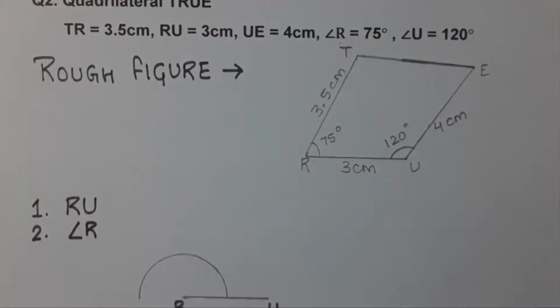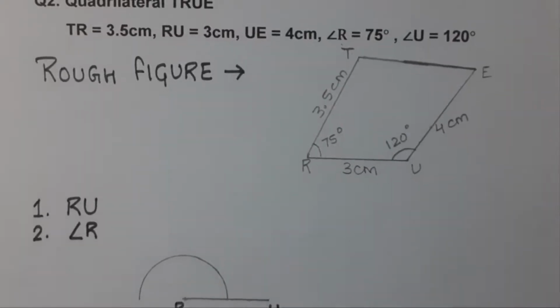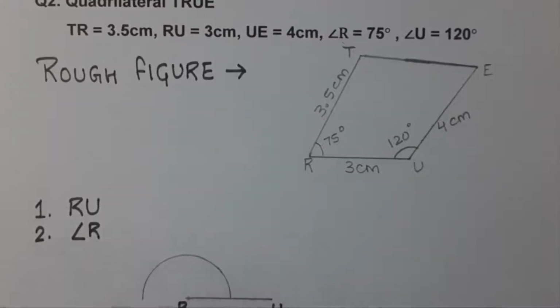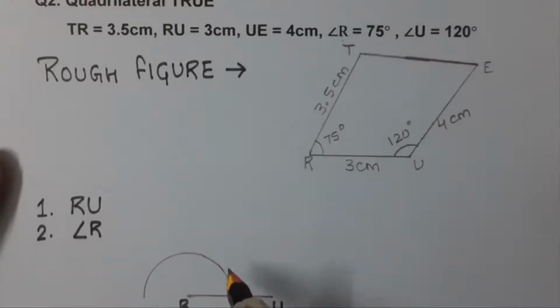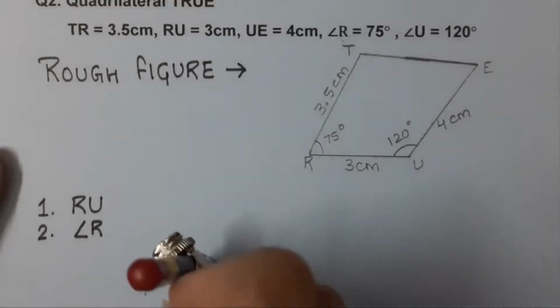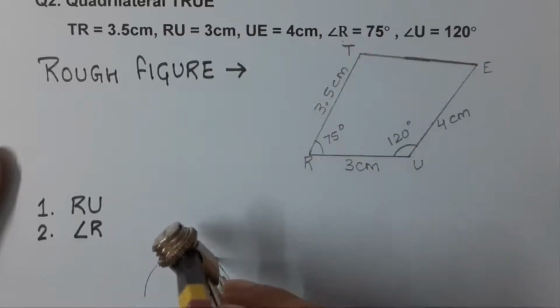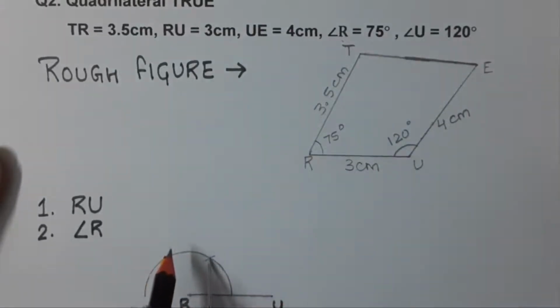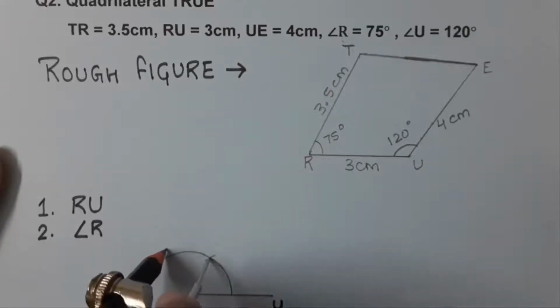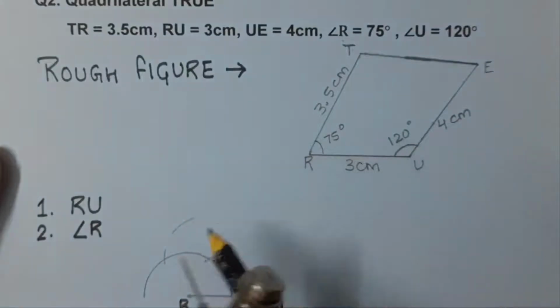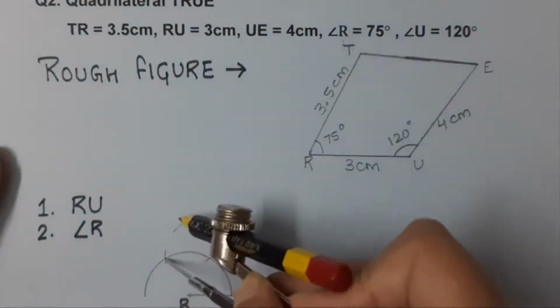Now after constructing this arc, we are constructing 75 degree. So 75 degree is an angle which lies exactly between 60 degree and 90 degree, so we need those arcs. So we have 60 degree. Then we'll place the compass at 60 degree arc and we draw an arc like this. We'll try to get a point for 90 degree arc.